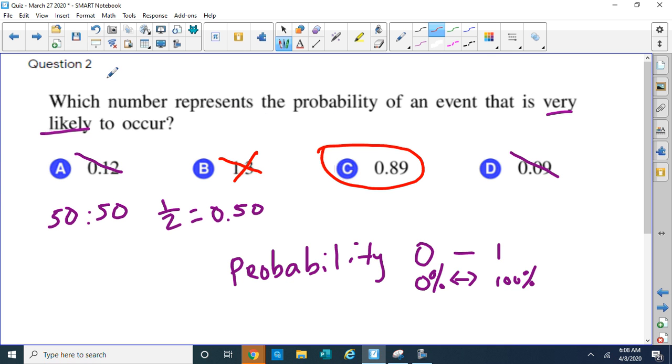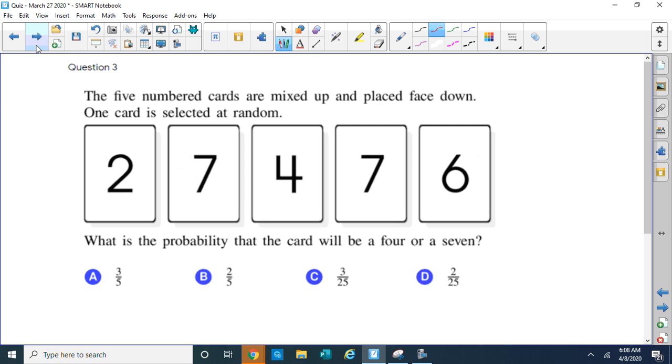And if you haven't watched the video on probability, check out those numbers I gave on showing what's likely and unlikely. All right, our next question was the number 5. I'm sorry, the 5 numbered cards are mixed up and